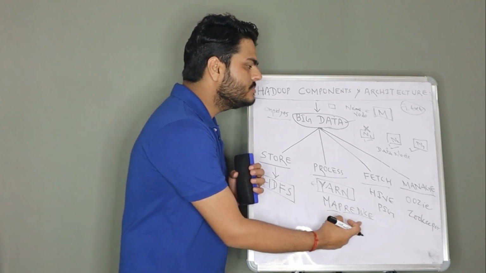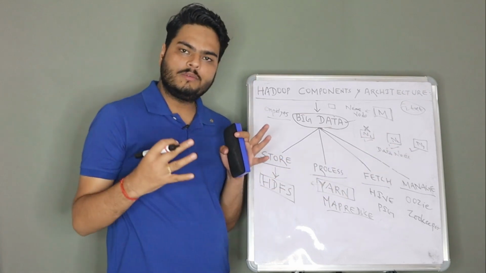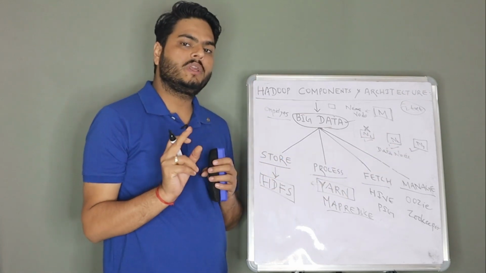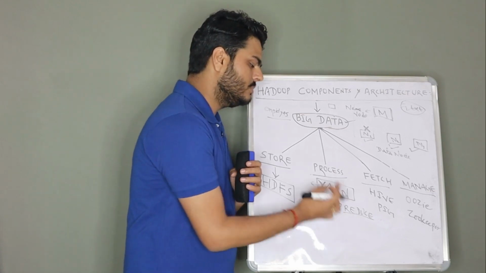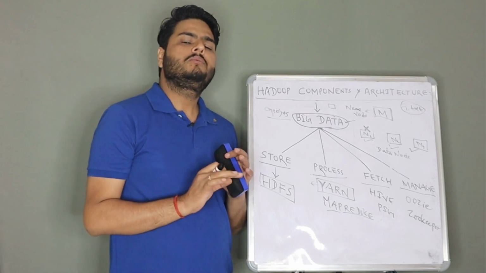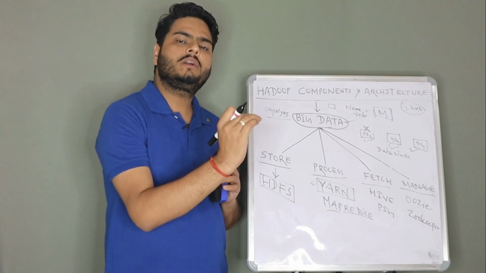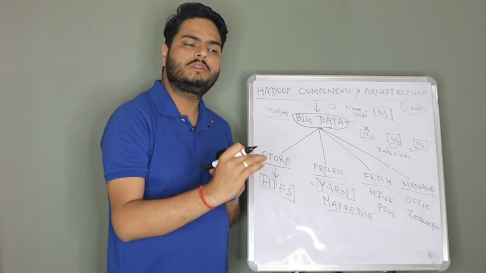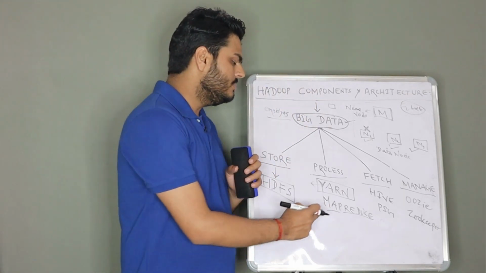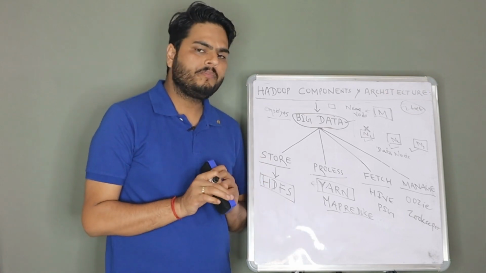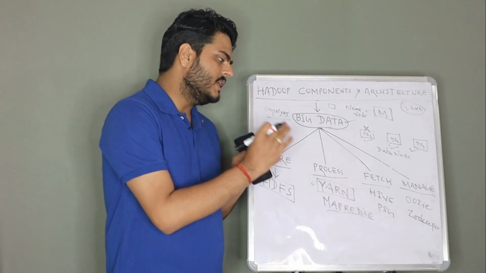Okay, and the reduce part will combine all those results. So 10 plus 2 plus 8, whatever that number is, that should be the output of your query. So that output is prepared by the reduce job. That is how MapReduce works. When you launch any Hadoop job, when you write a query in Hive or somewhere, you will see map running, reduce running, 0%, 30%, like that you will see. The meaning of that is MapReduce is executing in the background, and that is the job of map and reduce at high level.